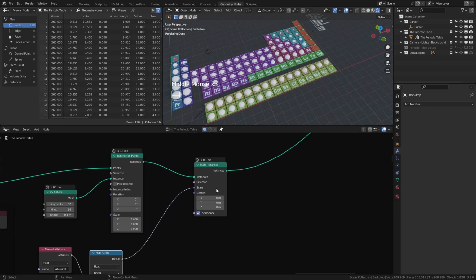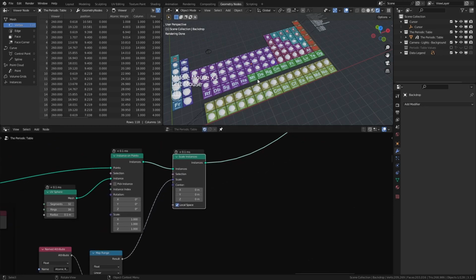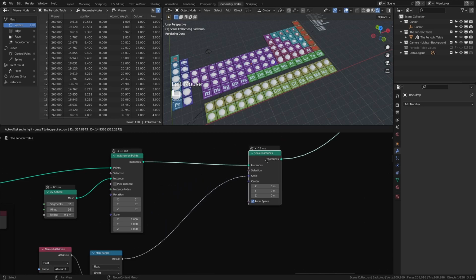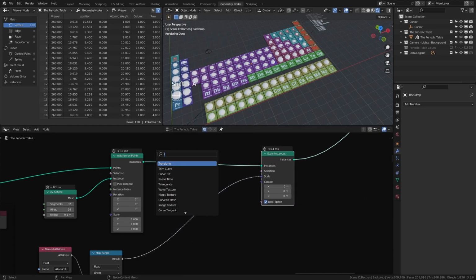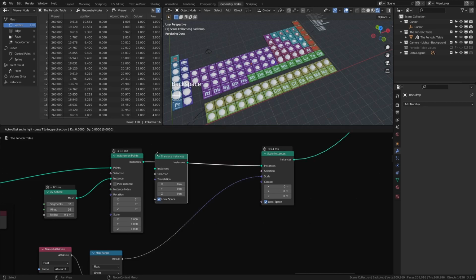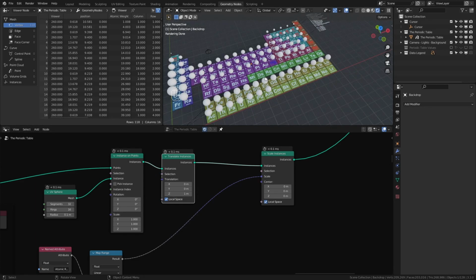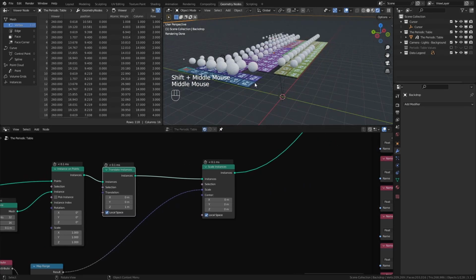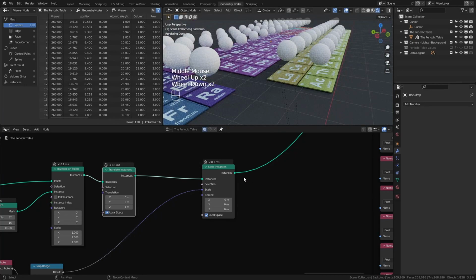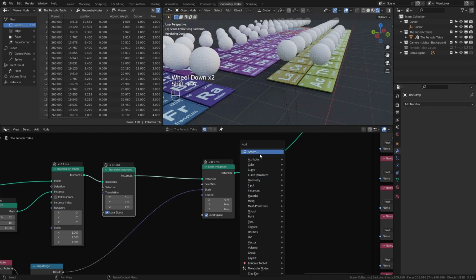We want to do a few things to clean up. For starters, we're going to move everything up. But like I said before, we want to make sure that we translate first. So I'm going to go ahead, add in a translate instance. And then we're going to move this up by an arbitrary value. In this case, I chose 1. I would like all of these spheres to be shaded smooth, so I'm going to add in a set shade smooth